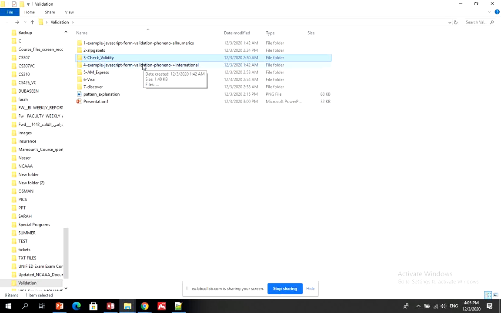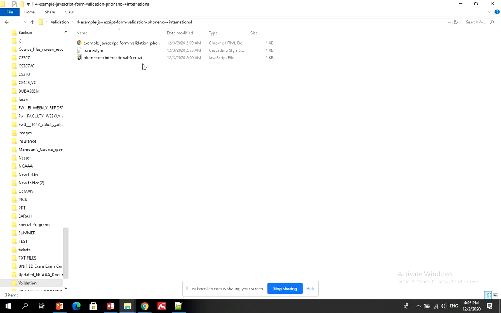I have another example. In this case, the international phone numbers, which is a bigger example than the previous one. Remember that phone number I gave, which was all numeric, all 10 digits. That was an easy one. This one is a little bit more advanced level of code because it will ask you to enter an international